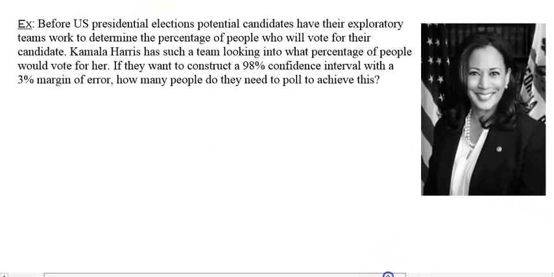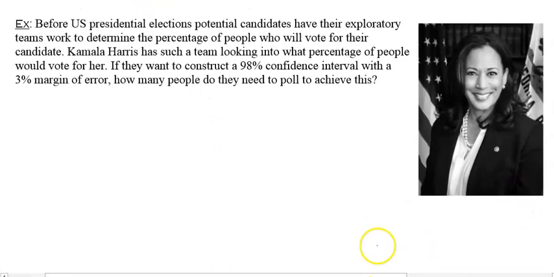Oh, look at that. What do you know? This was last year, or this was before the last election. It says, before a U.S. presidential election, potential candidates have their exploratory team work to determine the percentage of people who will vote for their candidate. Kamala Harris has, so this is true, all of these numbers are true. Kamala Harris had such a team looking into what percentage of people would vote for her. If they wanted to construct a 98% confidence interval,